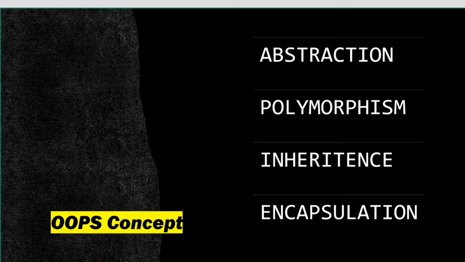Same name but different parameters. A simple example is your calculator. Sometimes you add two numbers, sometimes three numbers, sometimes decimal numbers, sometimes four numbers. Your calculator never fails. So behind that there is a method with the same name but different parameters or different types of parameters. That is the basic example of method overloading, or you can say compile time polymorphism. We'll go into detail once we cover the topic of polymorphism.